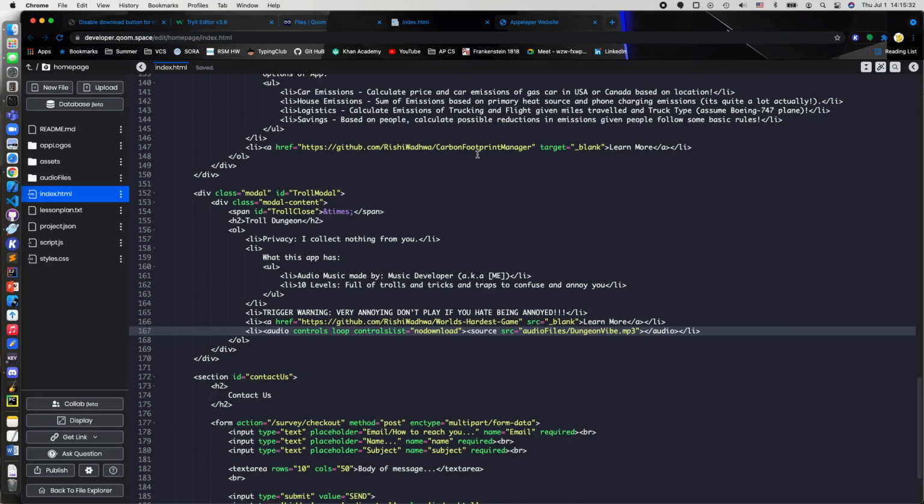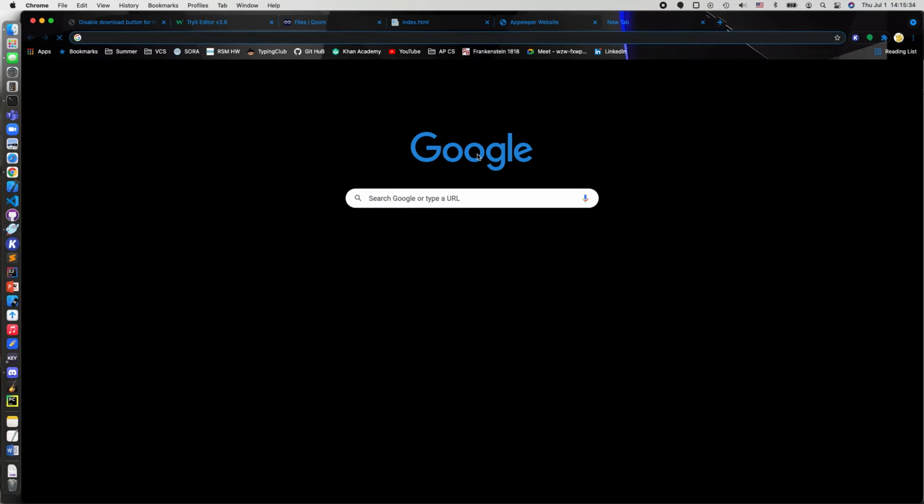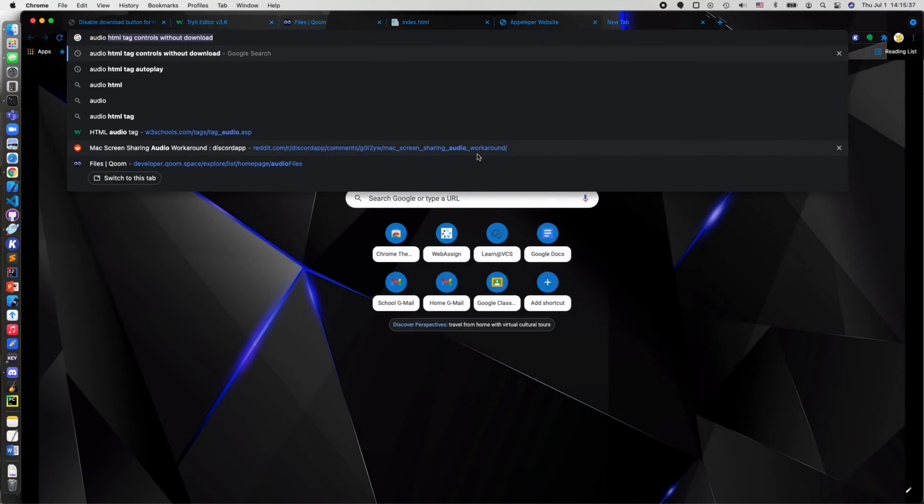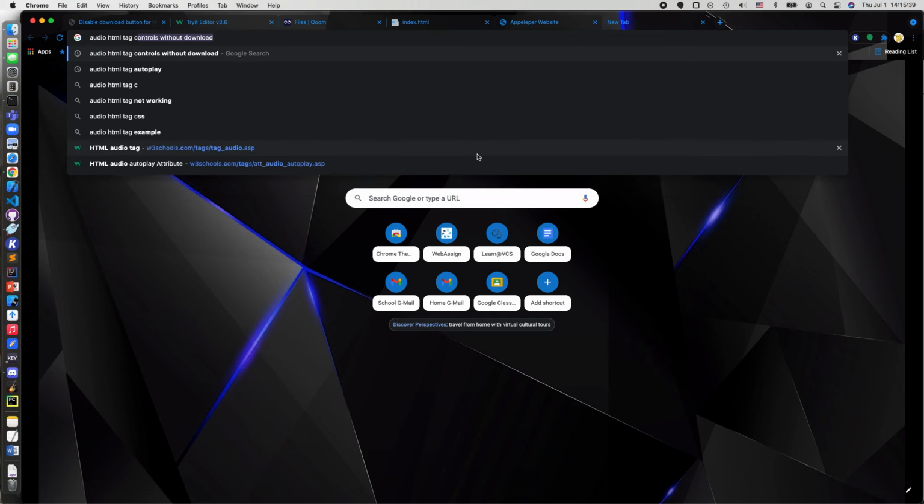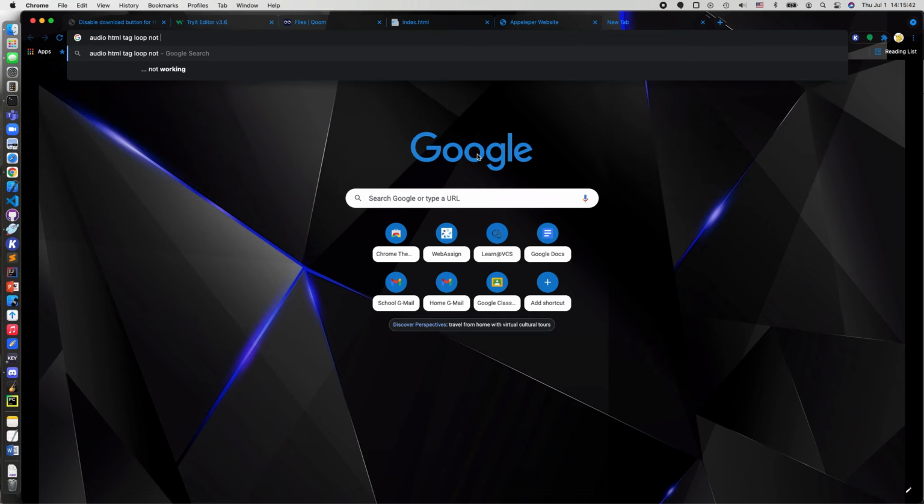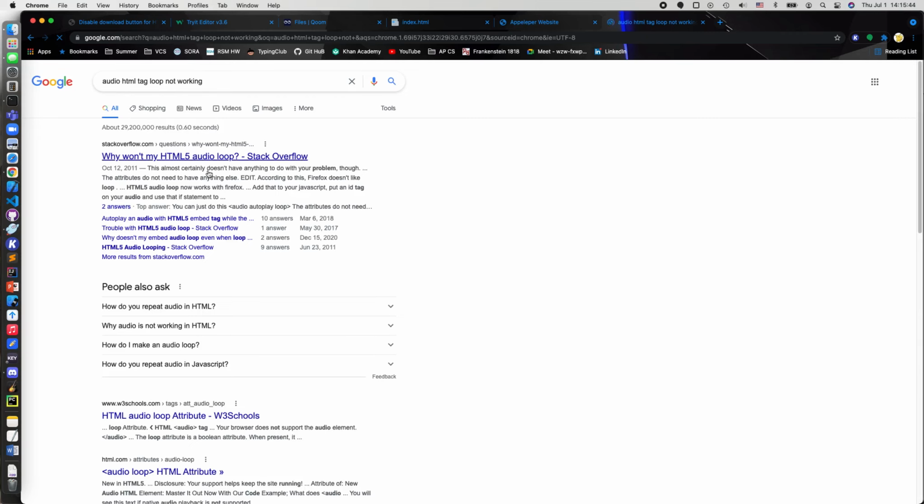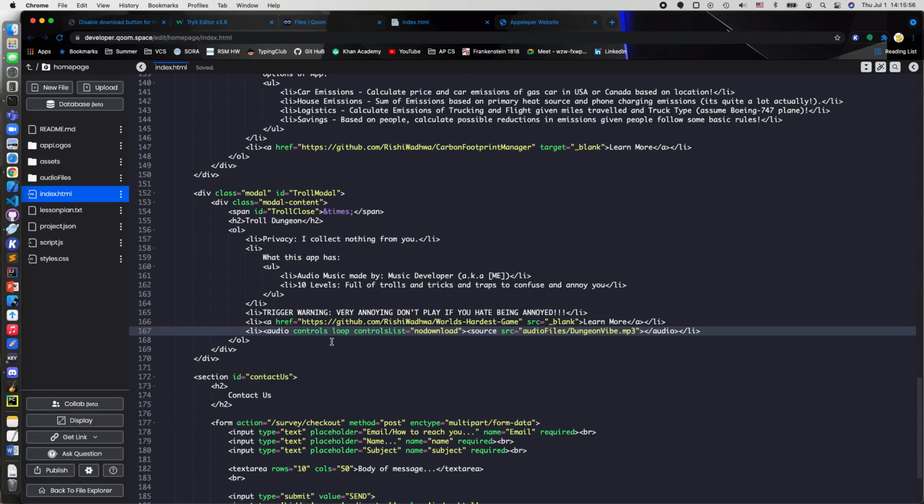If you ever run into an error that you don't think you can solve, or you are having trouble with, the good idea is always just to search it up. So you can say audio HTML tag loop not working, and it'll pop up. Okay, so looks like the loop attribute only works with autoplay. So if you're going to use autoplay, you can use loop too. If you don't want to use either, don't use either. Choose one. It has to be only autoplay then, which makes sense